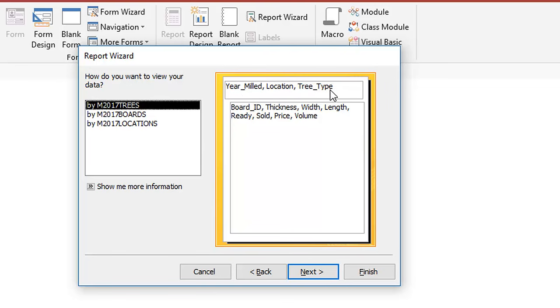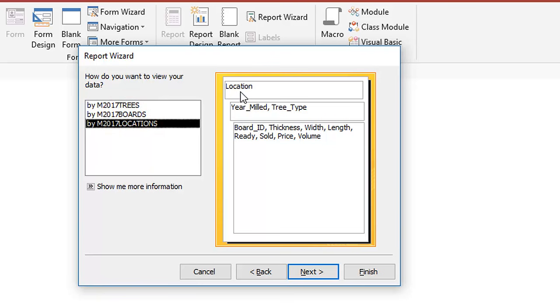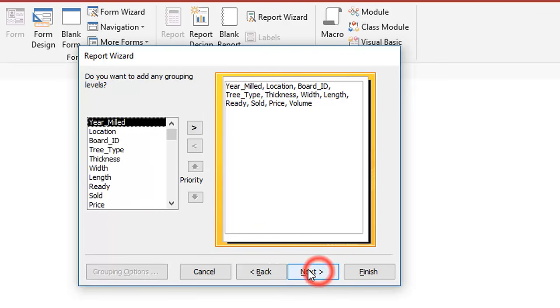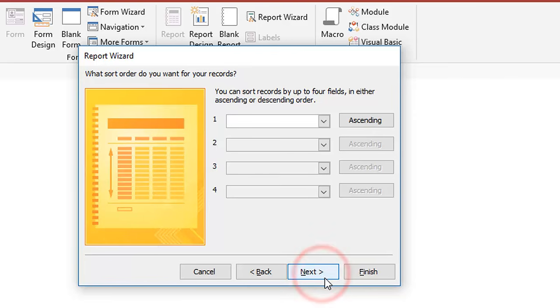milled, the location, the tree type, in other words, based on the fields in this table at the top and have the information at the bottom. You could have it by the locations table, then the other table, and then the information at the bottom. I'm going to choose this one, which basically shows all the data on every record. And this is the one that you really want to choose for this particular question, unless you're asked to display it differently. Next, I don't want to do any grouping,